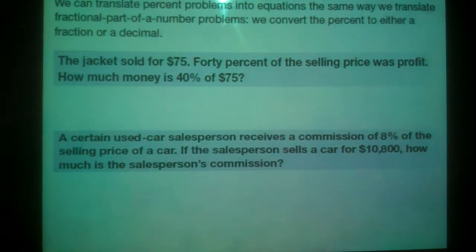Okay, let's take a look at this one quick. A certain used car salesperson receives a commission of 8% of the selling price of a car. That means if they sell a car, they earn 8% of the car's value, which they get to keep for their money. If the salesperson sells a car for $10,800, how much is the salesperson's commission? So that would be 8% of